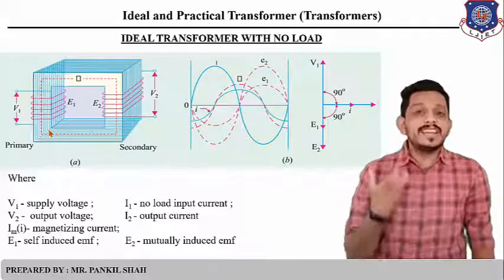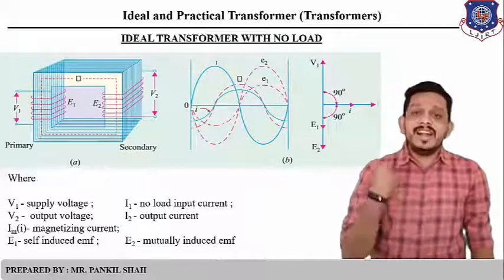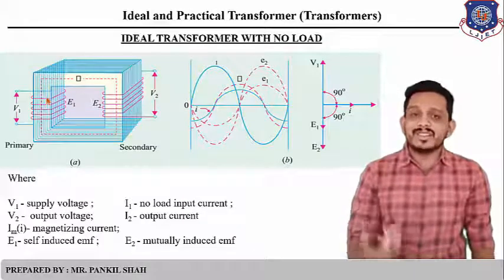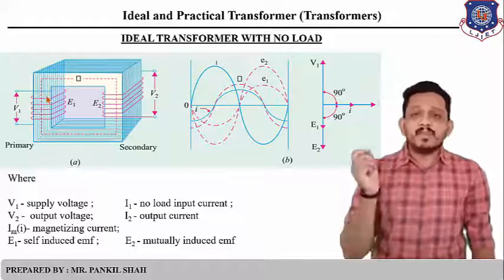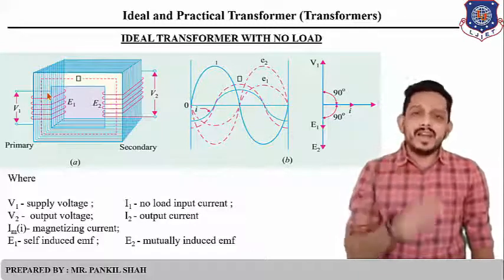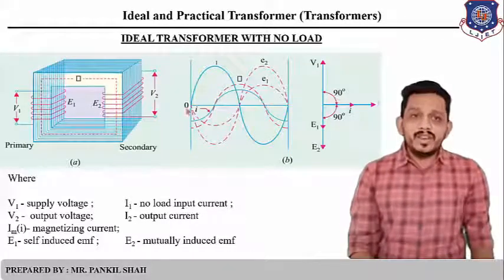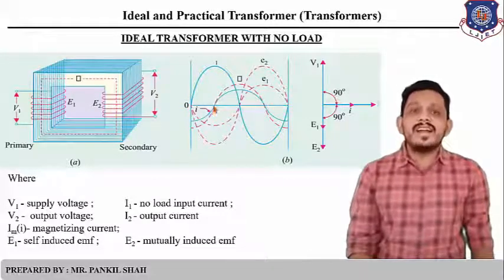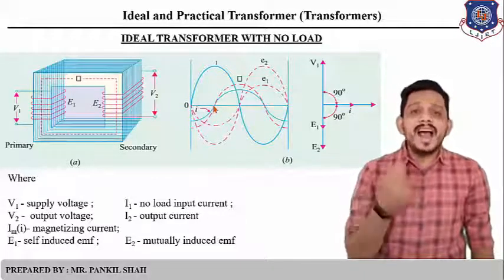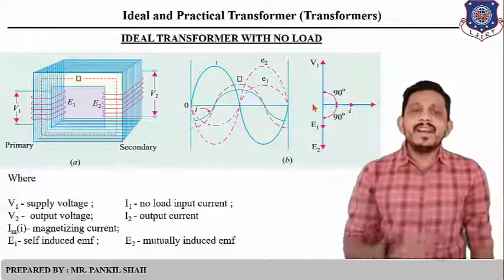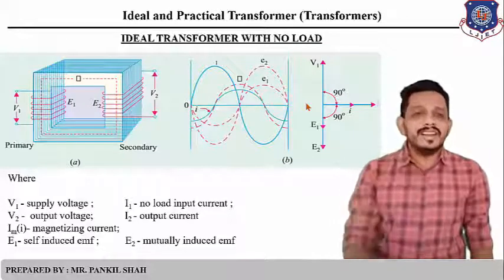So this basically behaves like an inductor. And in case of a pure inductor, because we have neglected the internal resistance of the winding, the current flowing through the winding always lags behind the voltage. So if V1 is started at 0 degree, then the current will start at 90 degree behind the V1. You can see here the current starts at 90 degree and completes at 360 plus 90 degree.